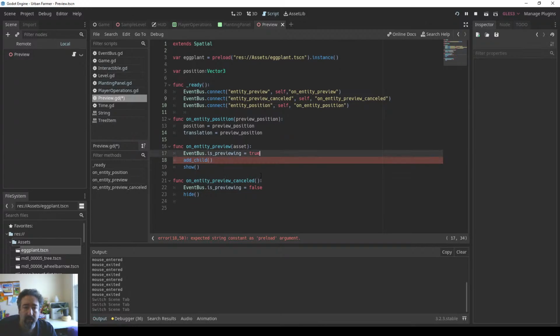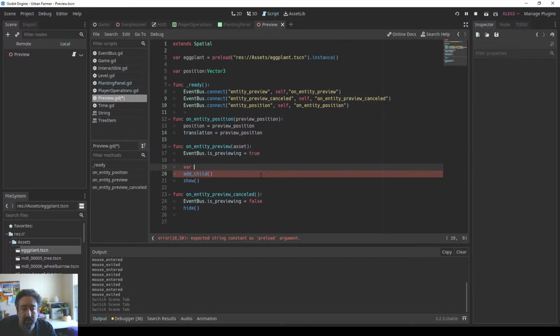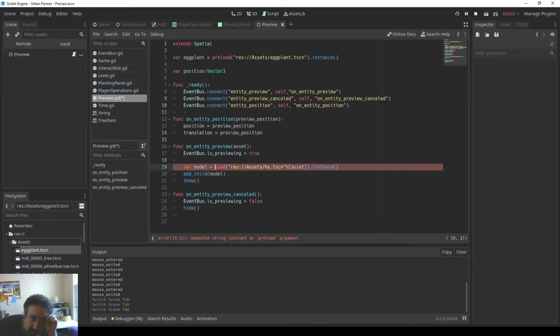Why do I get expected string constant? I think at this point we can't do a preload. We have to do